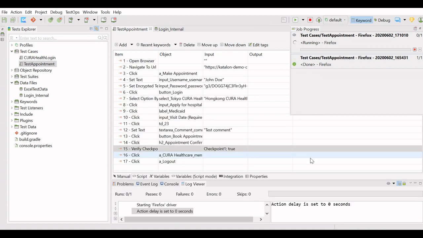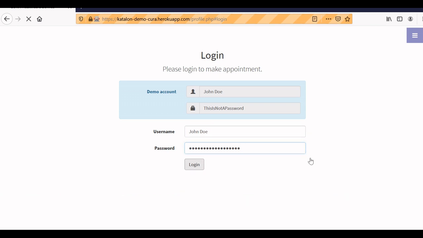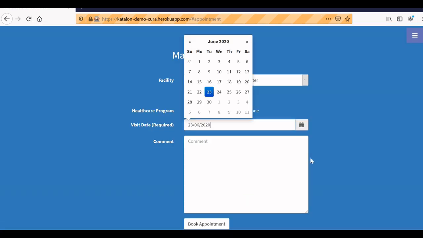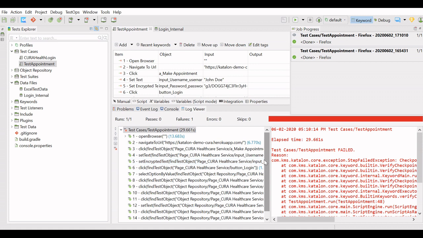This is again going to fail, but we will know why it failed, what was the checkpoint value and what is the actual value. This is failed again.